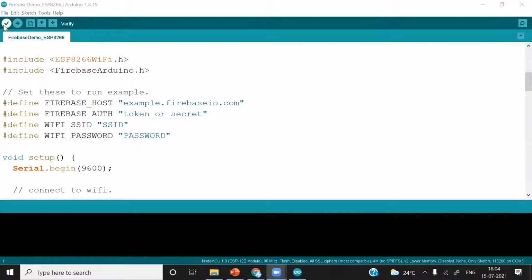So first, we will check that the code written is correct and all the required libraries are installed properly. For that reason, we will just compile. If everything is correct, our compilation will be successful.